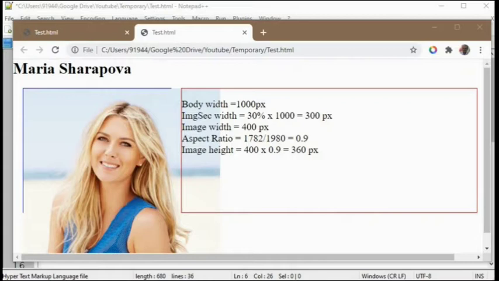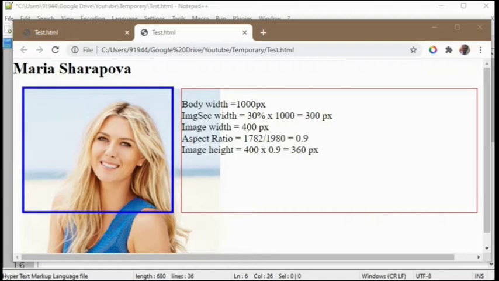You can see this blue line is the image section division height and width, and this red border is the para 1 division height and width. You can see that the image has come out of the division area since we specified the width as 400 px.